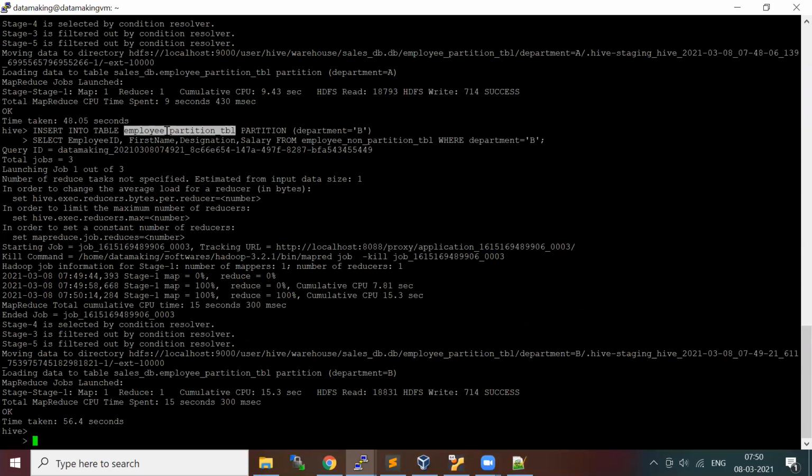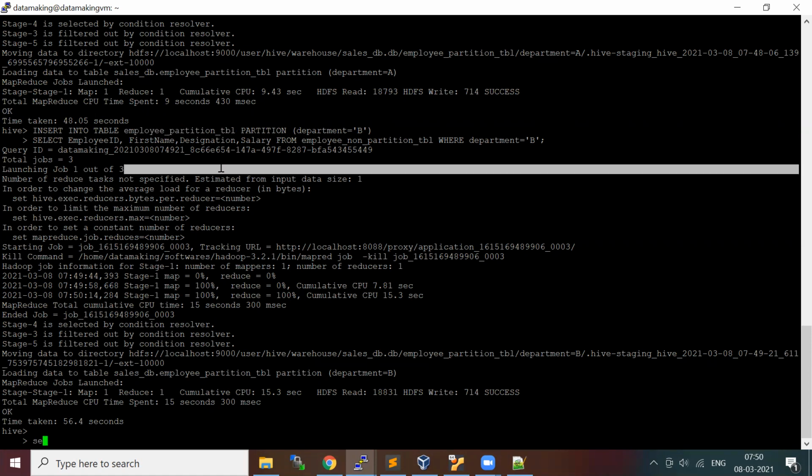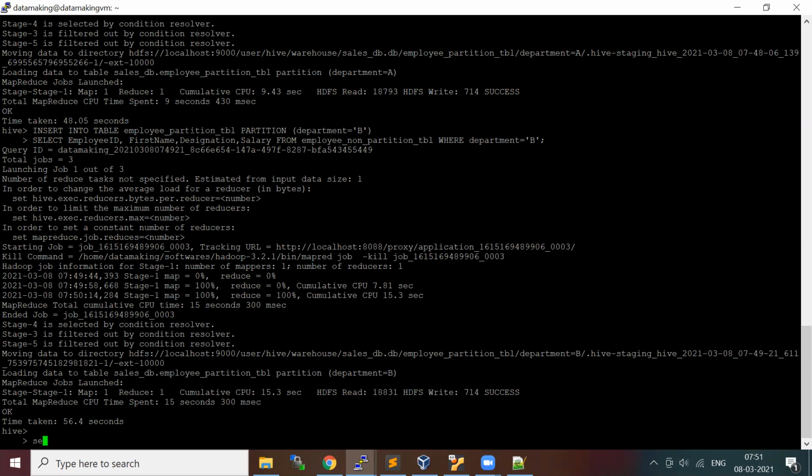Now let me run the select query. We have one more department to load, but still we'll run the select query on this table. Select star from this table where department equal to A, order by employee.